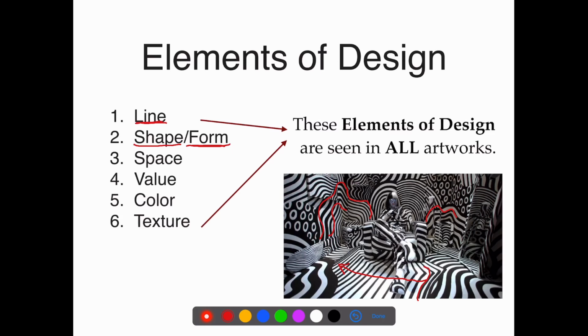You can see here along this edge of this pattern that they're creating, the degree of curve is changing. Actually, almost everywhere the degree of curve is changing. We also have a form. The person that's sitting in the middle here is three-dimensional. She has height, width, and depth, as well as the chair that she is sitting on. So you can start to see how we're noticing these elements in this picture that we just looked at a